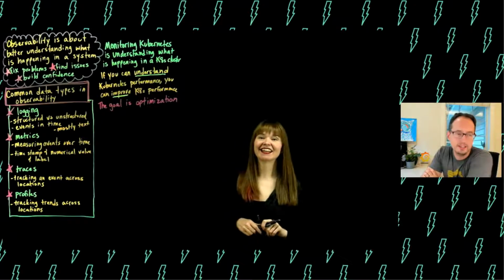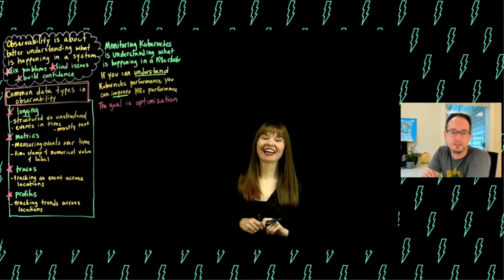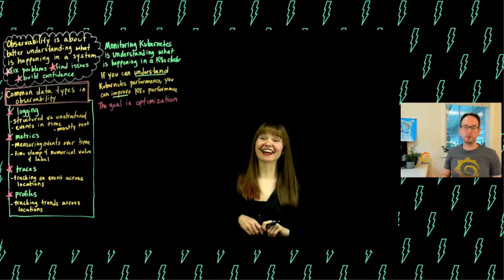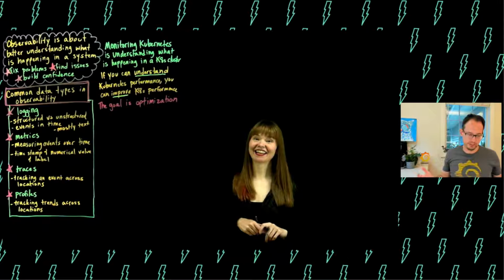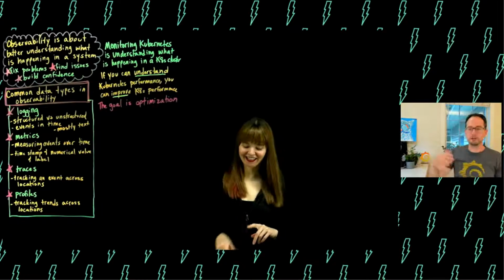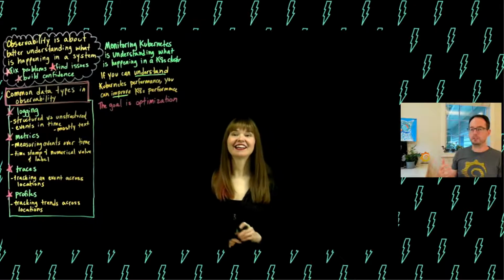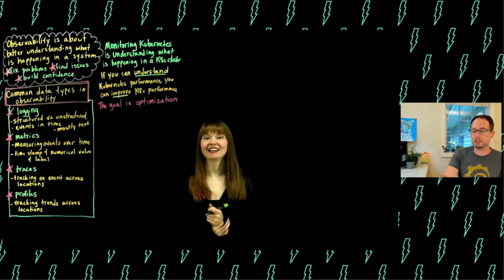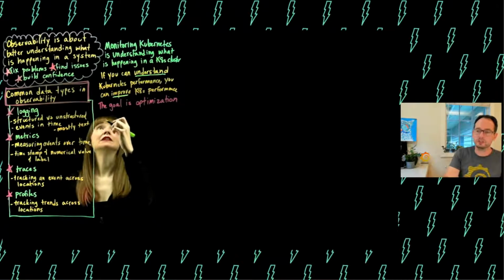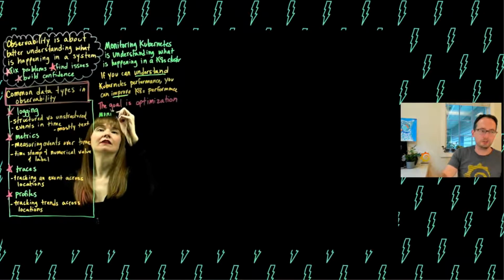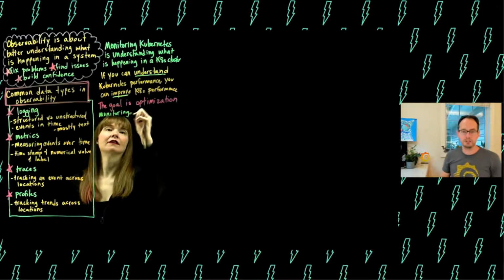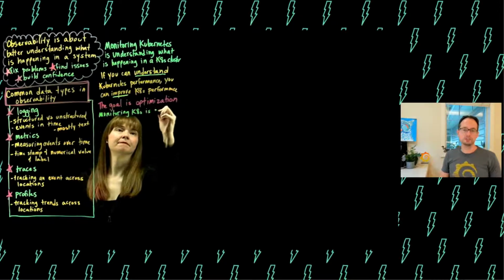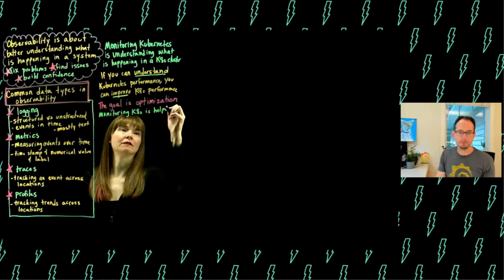I will riff on that, talking about, if the goal is optimization, if the goal is perfect, what are practical things that we can achieve from that? What are some things that we can do today that actually get us closer to that? Obviously the bug fixing things: if you are monitoring your cluster and you're finding issues in the logs, and I'll talk about where logs, metrics, traces, and profiles come from in Kubernetes in just a second here. But if you find those things, the sooner you can find the errors, the sooner you can report those errors back to the devs, the sooner they can put in fixes that improve the performance of the apps.